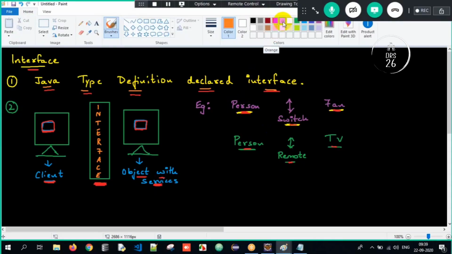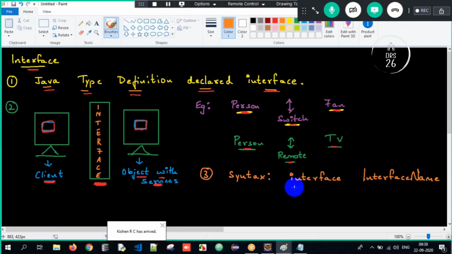What is the syntax like, sir? So the third part which I will be talking about here is the syntax. Sir, what is the syntax of an interface? I will tell it to you. An interface has to be created with the help of the interface keyword, followed by the interface name. Then open curly braces and close curly braces. This is the scope of the interface and I have to write the implementation over here.